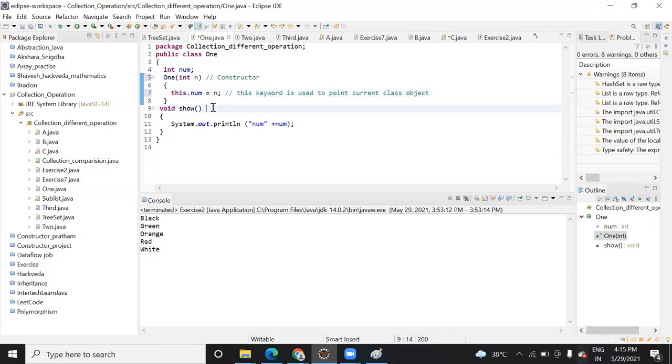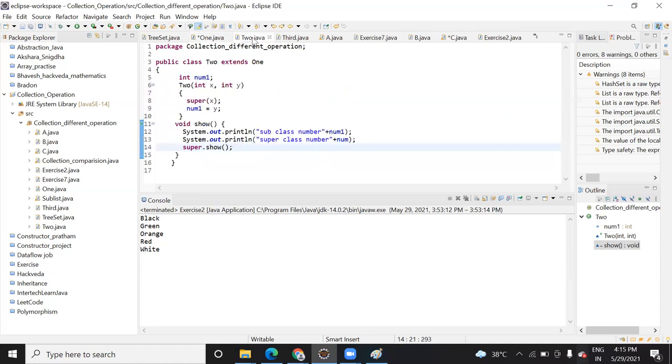This is a method that is used to print the value of num. So we have created this class.